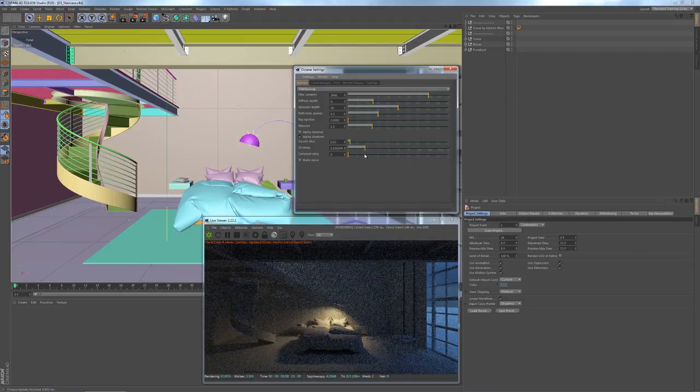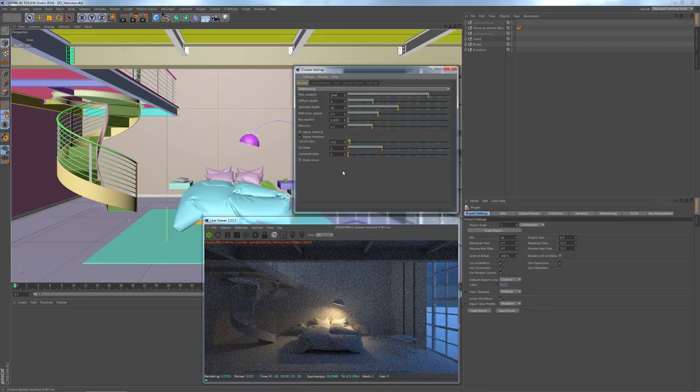From what I see on the screen for this scene, the value may safely stay at something like 1. The coherent ratio, I can safely put this to the recommended value of 0.4, and once again